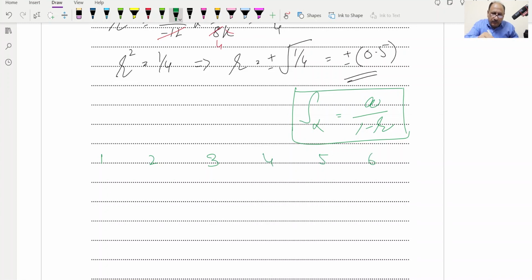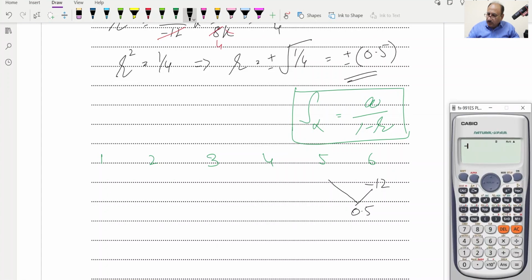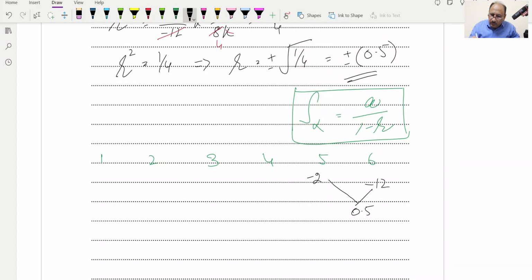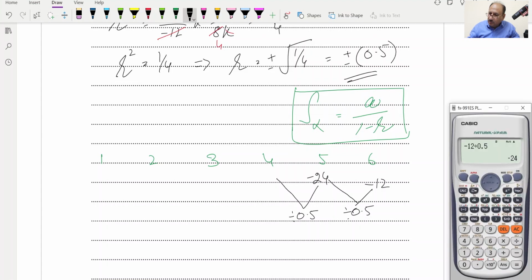The sixth term they have provided as minus 12, and the R value is 0.5. So minus 12 divided by 0.5 will be equal to minus 24. And minus 24 again divided by 0.5 is equal to